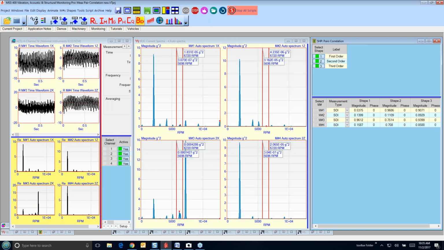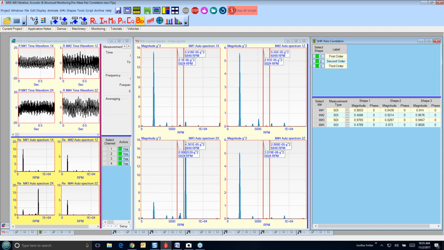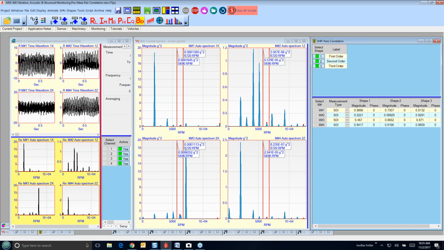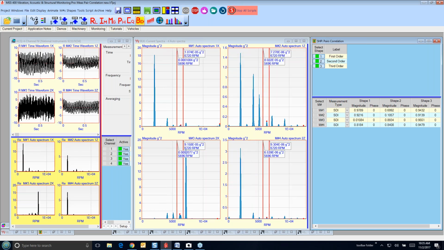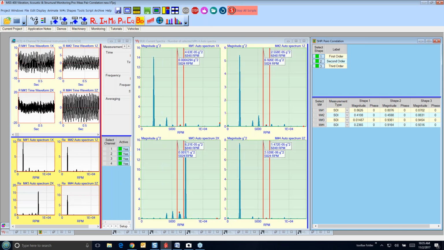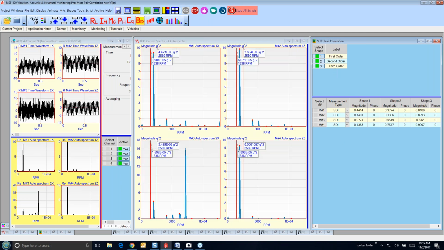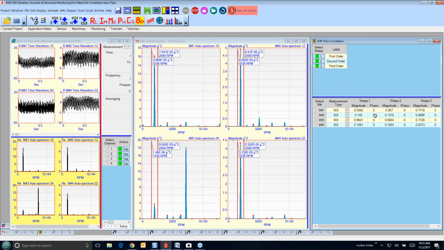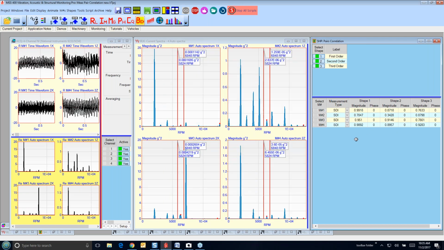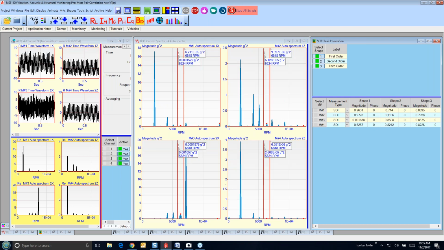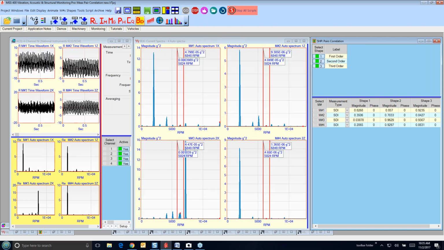So what we're comparing here when we do shape pairs correlation is we're putting SDI values into a shape table for each of the 4 measurements and each of the 3 frequency bands. So I've got 12 numbers in here that are telling me the correlation between my baseline and my current measurements.